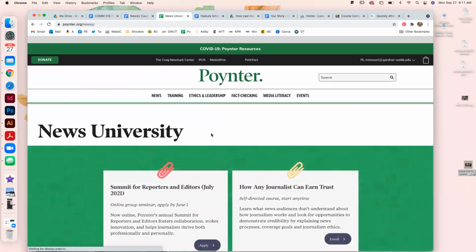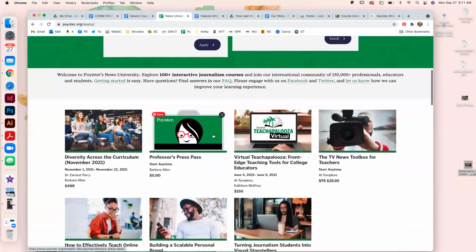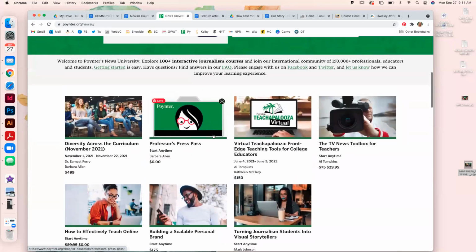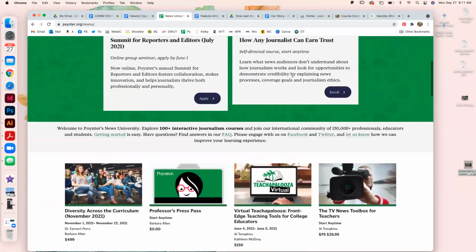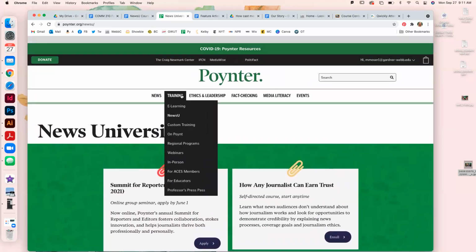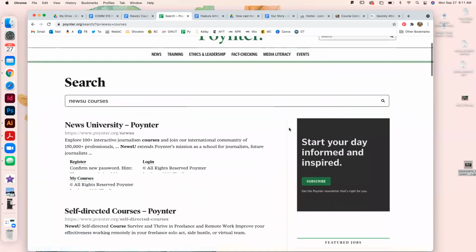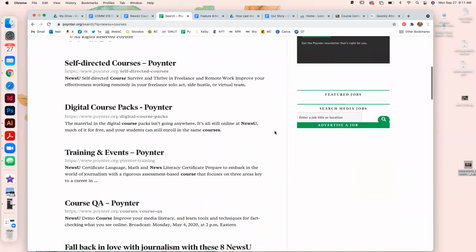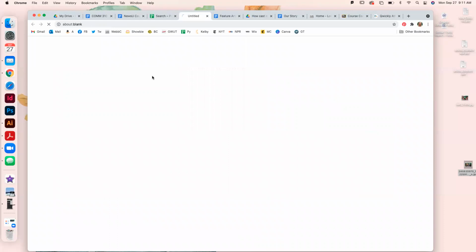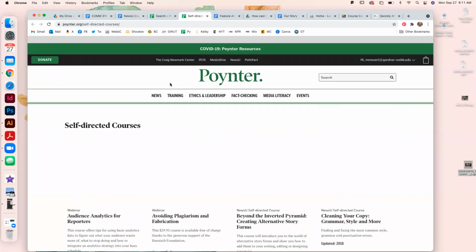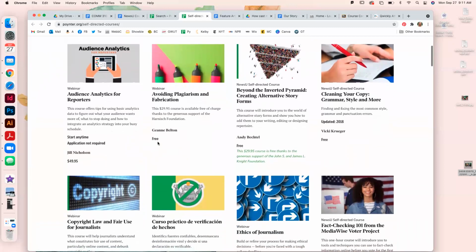But let me make sure I show you where to find the search for them. For some reason, they used to have it where you could find topics right here, but now they've made it harder to find, of course. News view courses. Okay, so self-directed courses, and you see that there's free, avoiding plagiarism, fabrication, beyond the inverted pyramid, creating alternative story